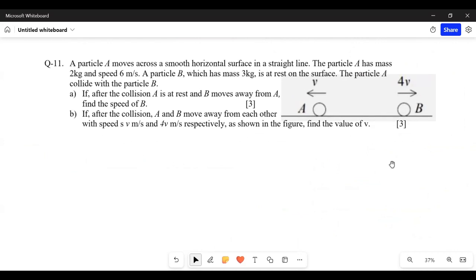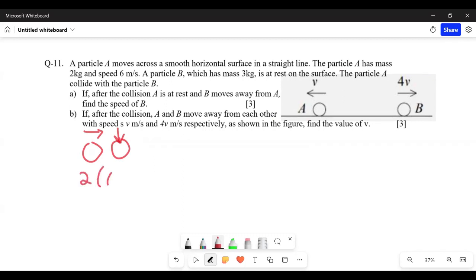Particle A moves across a smooth horizontal surface in a straight line. The particle A has a mass of 2 kg and a speed of 6. Particle B of mass 3 kg is at rest on the surface. Okay. So one of the objects is moving in a particular direction and the other one is at rest. It's not moving. Okay. So let's apply the equation for conservation of momentum. So the first mass is 2 and its speed is 6, plus the other mass is 3 and its speed is 0, equals to